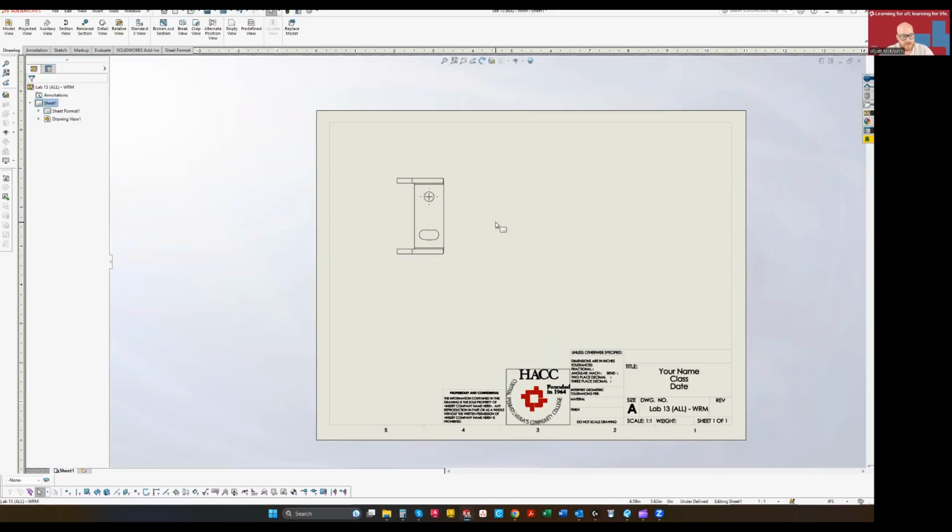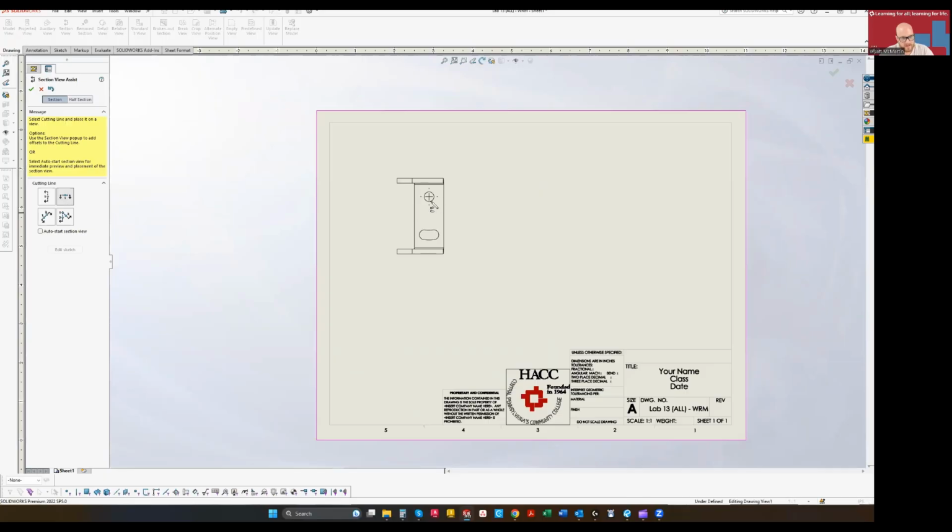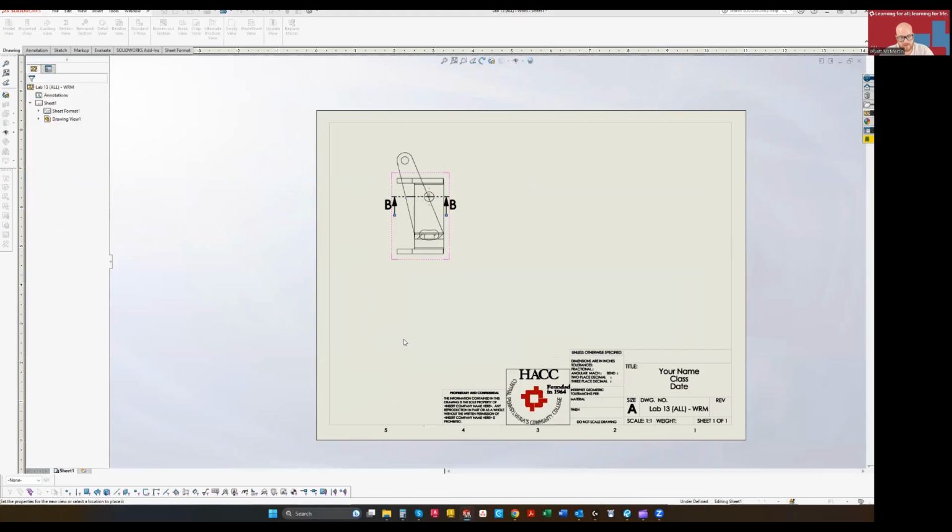Now, from here, we can add a section view. So we've already done this before in the Drawing tab. We can click Section View, and it will give us an option to place a section view wherever we want. So we can go ahead and do something like that. However, what I would like you to do is